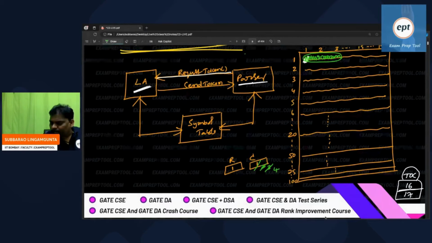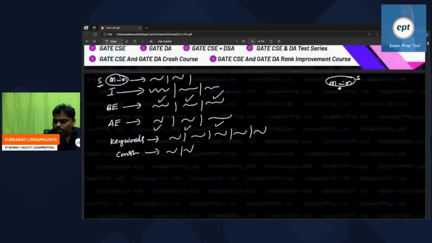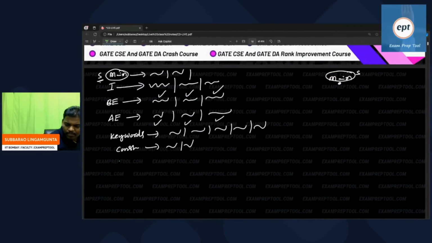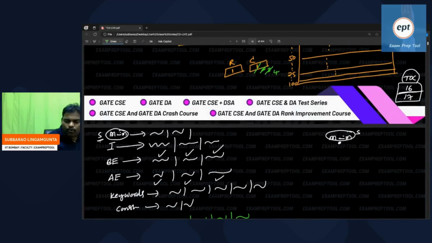Now let us assume that this is int, a data type. Remember the data type purpose also. One grammar is there, so please be careful. S goes to main. If at all there is a data type, there is a data type production. If at all S goes to identifier, there is an I. If at all Boolean expression, there is a BE. If at all arithmetic expression, there is